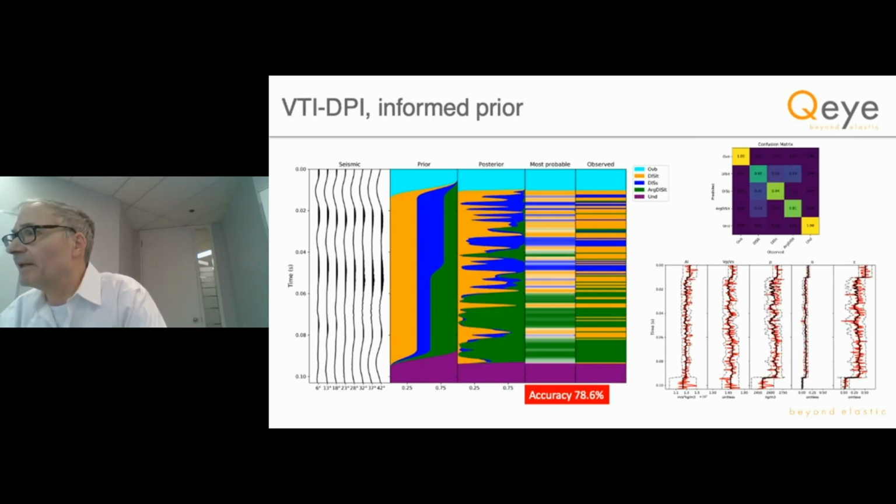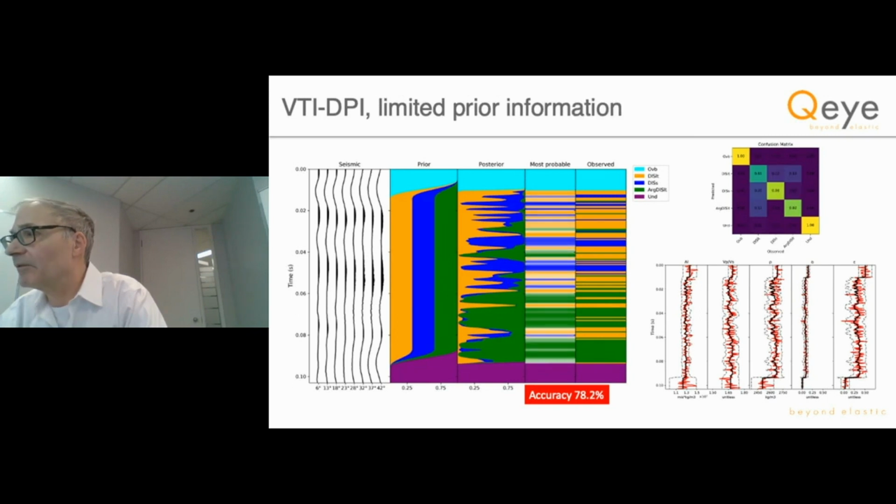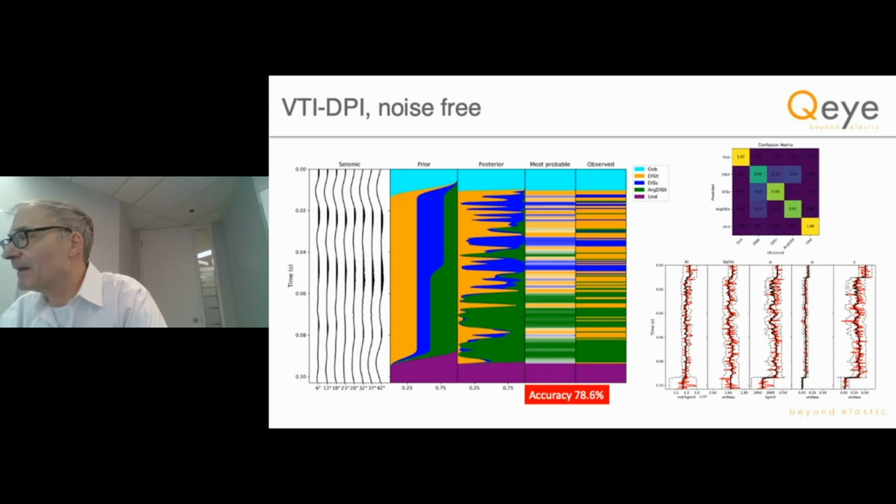Then we can compare the amount of prior information we need. So this is the same as the first slide I showed for the output of VTI DPI, and we can compare that to limited prior information. So now, if you look at the difference between these, let's see, okay, between